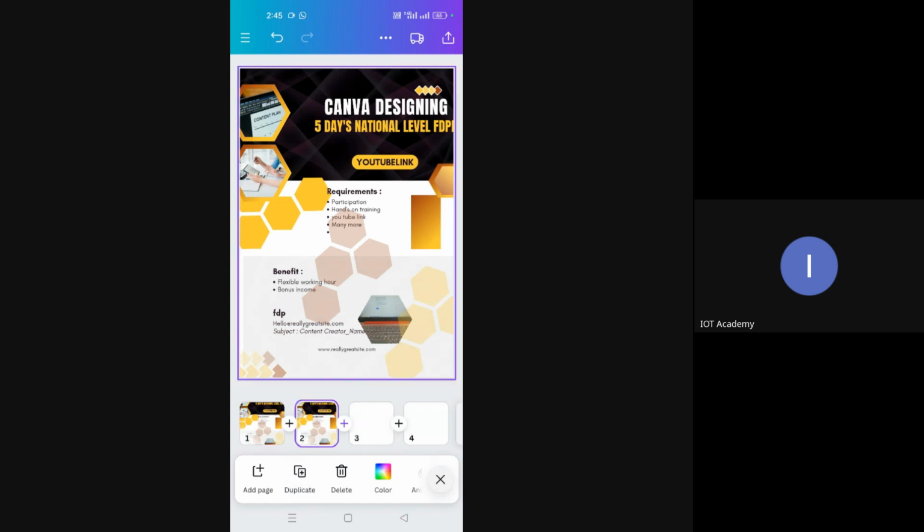Suppose you wanted to add another, yes, you can add. You can have a duplicate or you can delete. See here, with the help of the options below, I'm able to add a page, I'm able to delete a page, and also create a duplicate. Suppose I want to create a duplicate of this. See, just tapping on that, second page is becoming. I hope the screen is visible to all of you. So second slide is a duplicate slide. Suppose I want another duplicate, third one. So n number of duplicates you can create, and you can retain the original copy and the duplicates can be sent to the people you want.